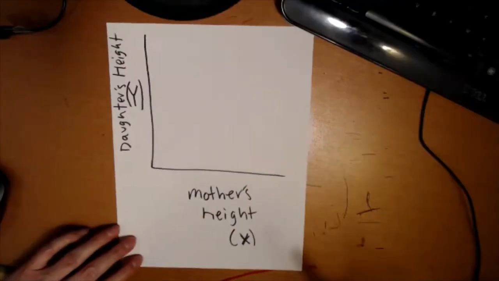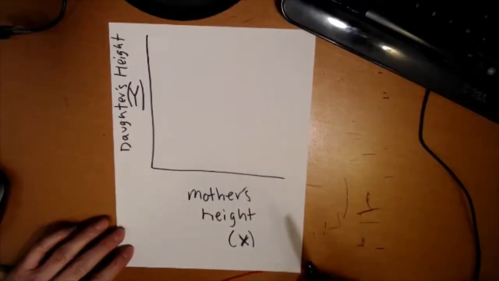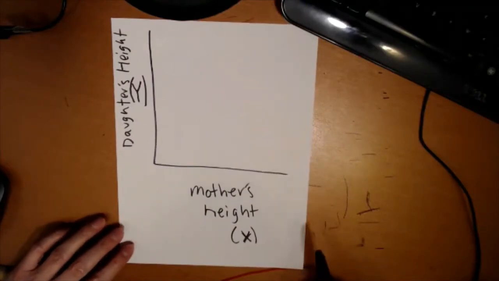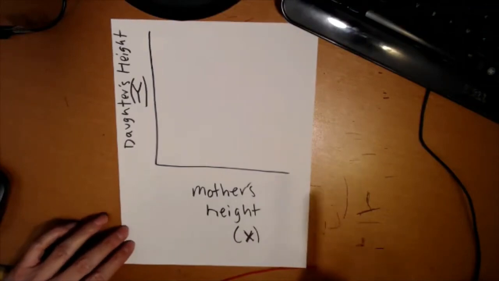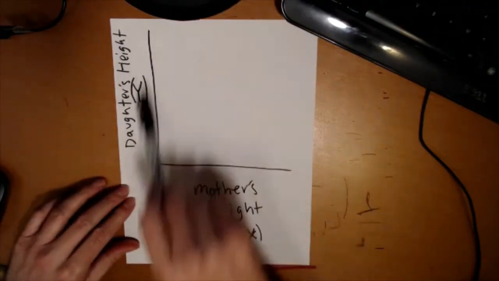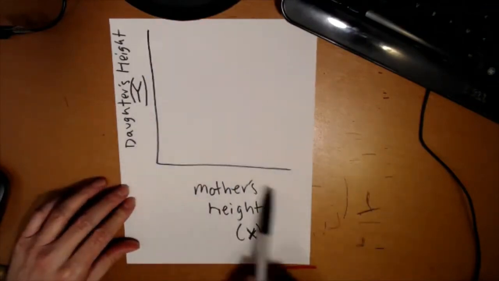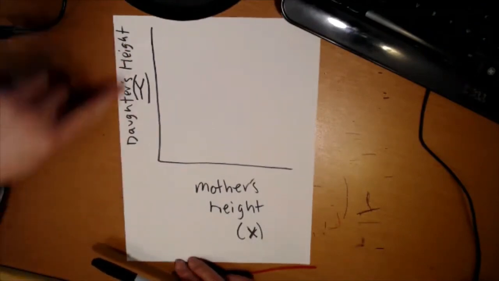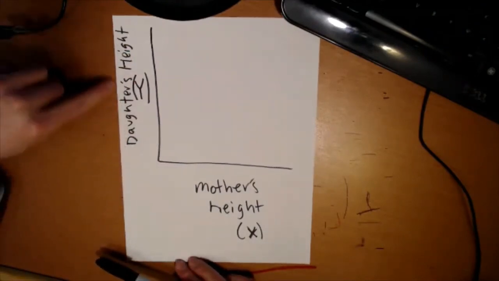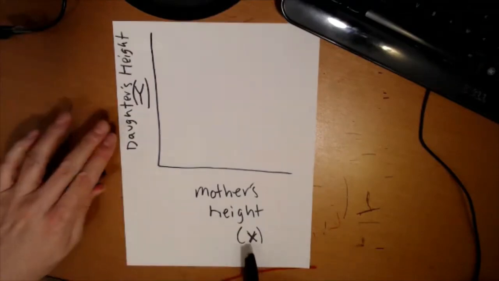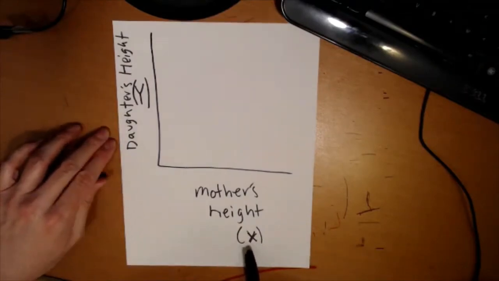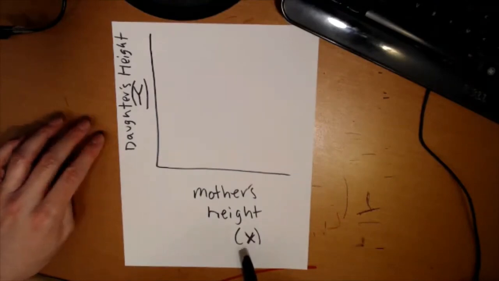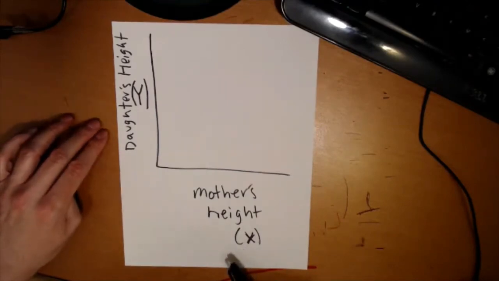Hey folks, quick little interruption. Someone just pointed out to me that my 15-minute video had a mistake. In the next 15 minutes, you're going to see a graph, and I call the x daughter's height. It should say mother's height. And then over here on the y coordinate, it says mother's height. It should say daughter's height. So this is what it's supposed to look like. I will fix the video in the next day or two, but